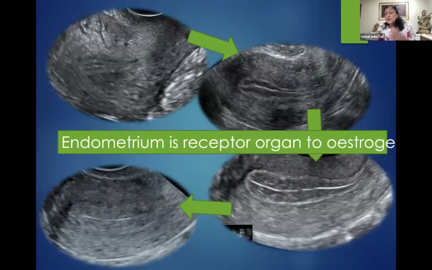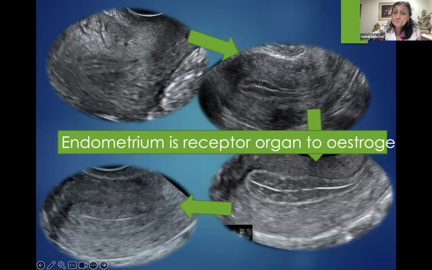It is this estrogen, as I told you, which is going to act on the endometrium. The endometrium, which starts becoming multilayered as early as about the 6th day of the cycle, is because of the secretion of the estrogen from the granulosa cells of the dominant follicle. As the estrogen level rises, the endometrial thickening increases. It is because of that that you see a typical multilayered endometrium with the intervening area, which is severely hypoechoic